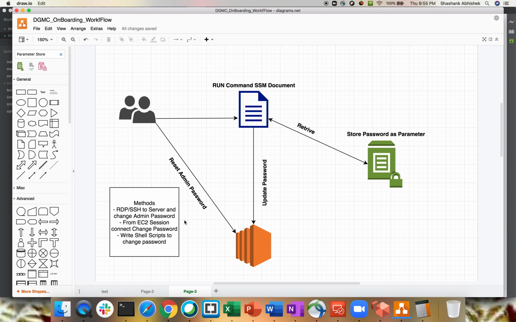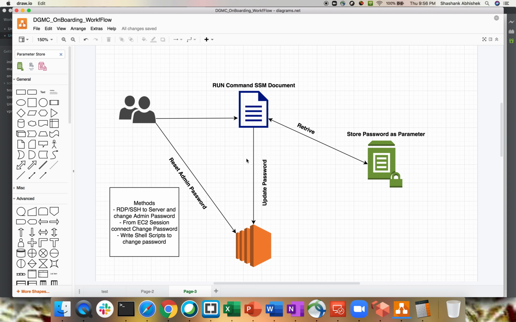Now with Systems Manager, how can we achieve this? Obviously, with the help of Run Command Association, we have an SSM document where you can use a PowerShell script to run across your 1,000 servers with the help of tags. Let's say you have a tag of platform Windows, platform Linux. You want to reset a password for Windows and Linux. You have to run a shell script for Linux, PowerShell for Windows, or as per your requirement, and do your net user administrator and password reset. That is going to work for you. That's how Systems Manager Run Command works, right? With the help of an SSM document.